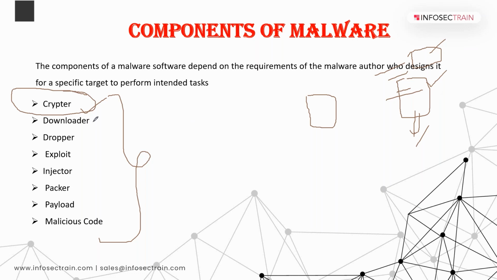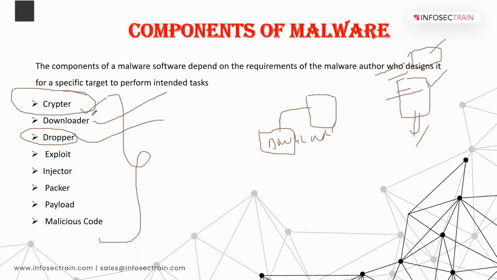And downloader. What is meant by downloader? It is a type of Trojan that downloads other malware or other malicious code into your system. Usually the attackers install a downloader when they first gain access to the system. Let's say as an attacker you gain access to my system. Once you gain access, you will install a downloader over here, and automatically it will download other malware into the system. That is the downloader.